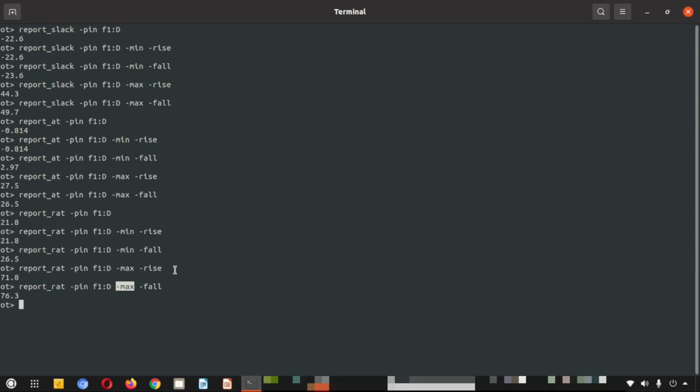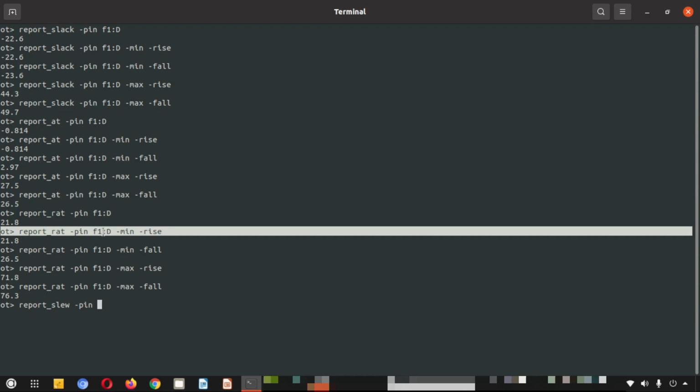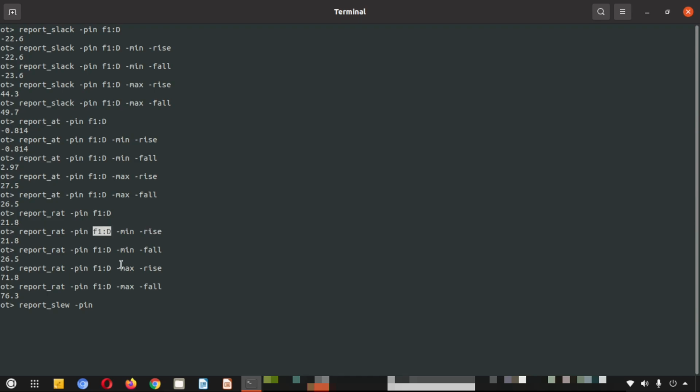So I will go for reporting the slew. And I am just clicking the values and pasting it here. So slew can also be picked up like this.